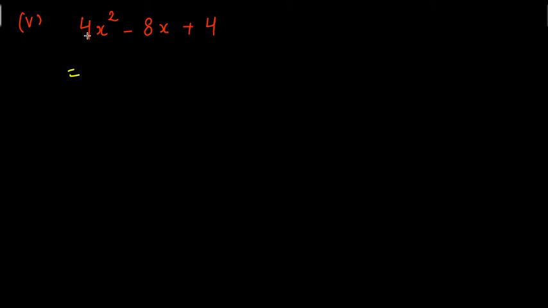Now you see your first term is a perfect square number. I can write it as (2x) whole square, and 4 can be written as 2 square. Now this minus sign I'll be copying as it is. Your middle term should be minus 2ab. What is your a here that you need to define? Your a is how much?